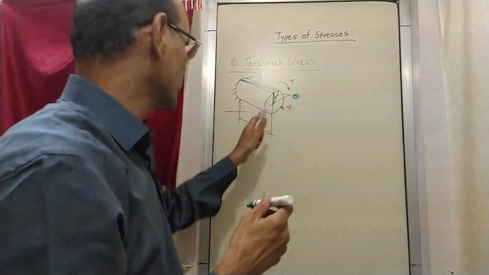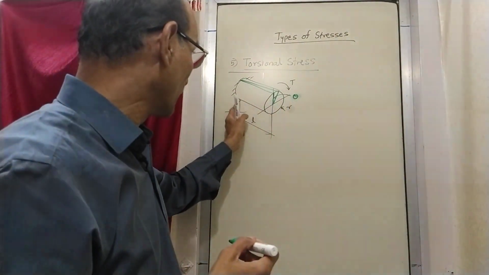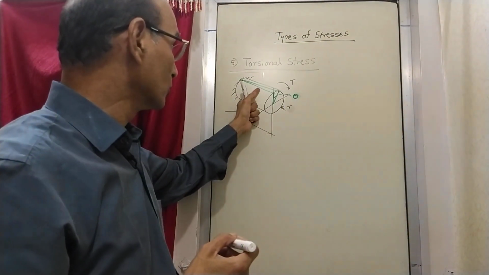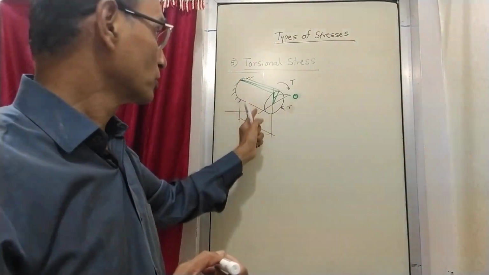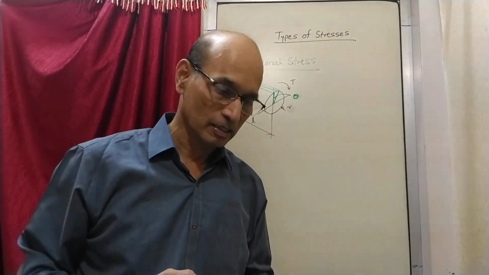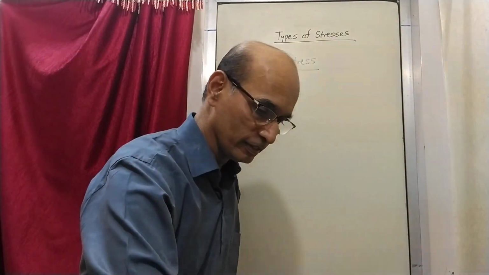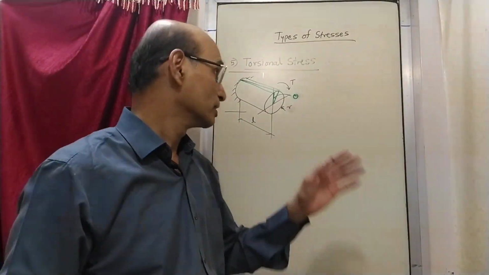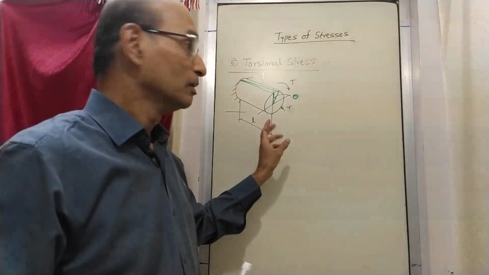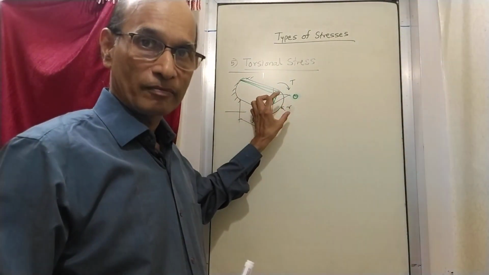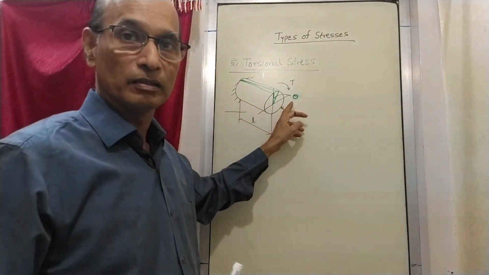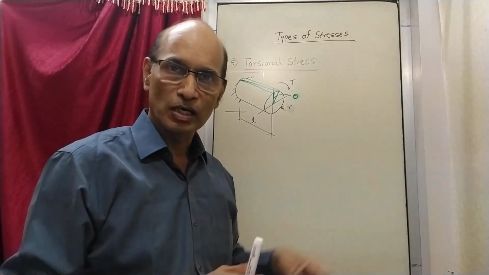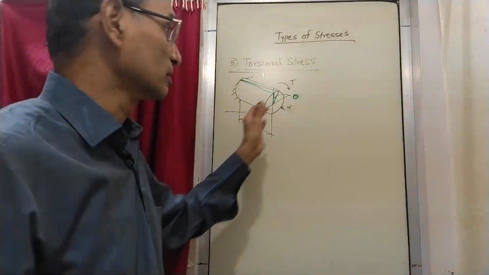The end has got twisted by an amount equal to theta at a length of L. If the length is less, the twist could be less. And if the length is 0, twist is not there, 0. Okay, so now these are all the different parameters that are involved in this particular sketch, where a rod of length L is taken, it has got radius R, and you have applied a torque T, and because of that the deformation is theta. So under this condition, what are the parameters and how are they related?